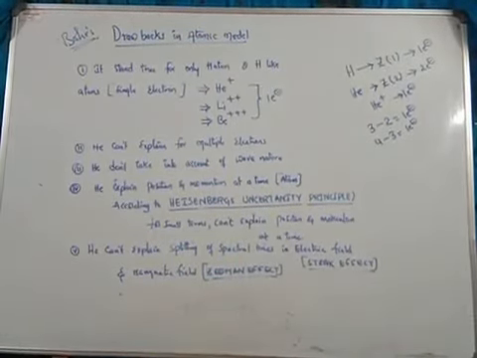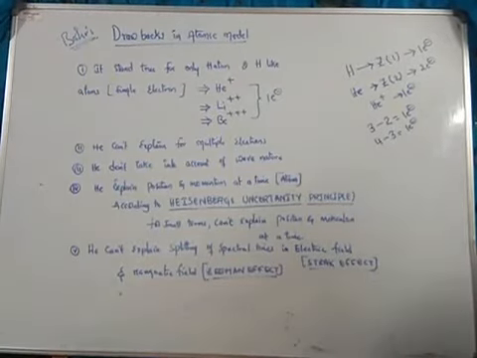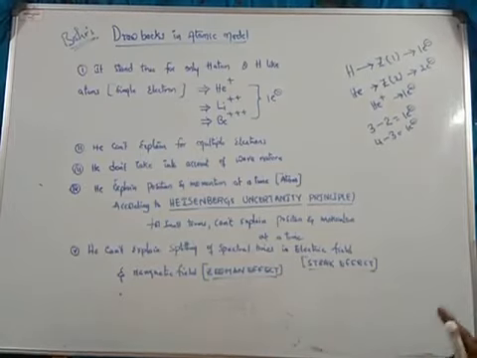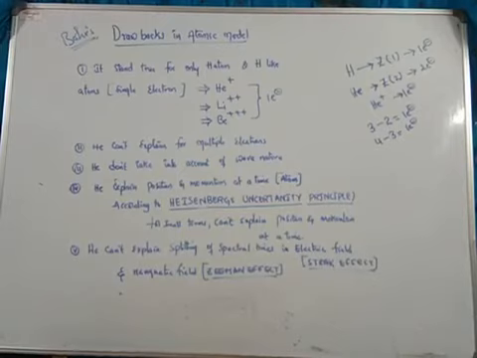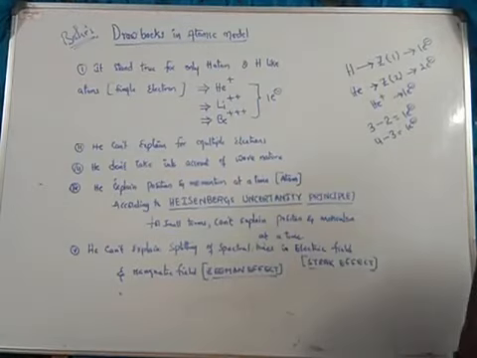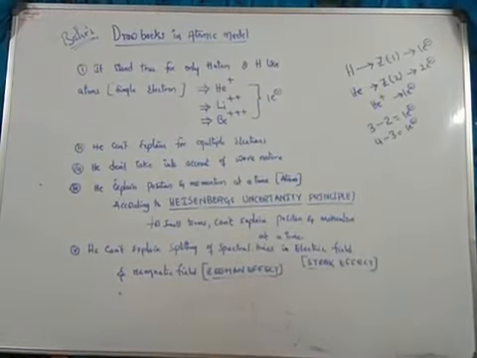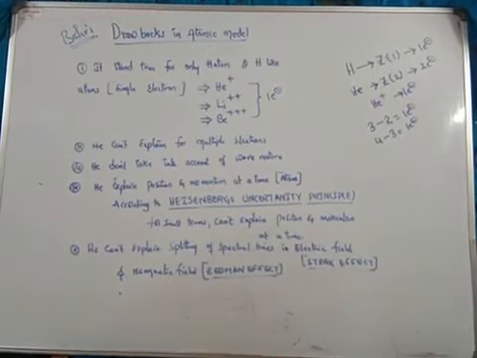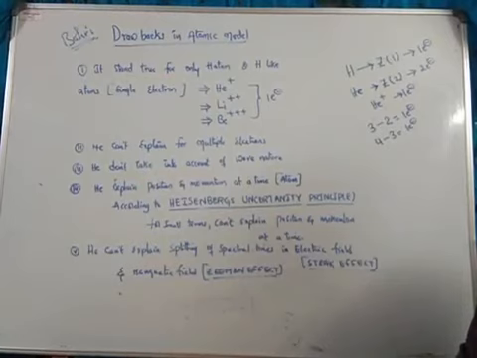Again, it stands only for a single electron. He cannot explain for multiple electrons. He did not take the wave nature concept. He explained both position and momentum at a time, but according to Heisenberg's principle we don't have a chance, because the atom is the smallest particle, so we cannot explain both position and momentum at a time. And he cannot explain the splitting of spectral lines in an electric field, which we call the Stark effect, and in a magnetic field, which we call the Zeeman effect.